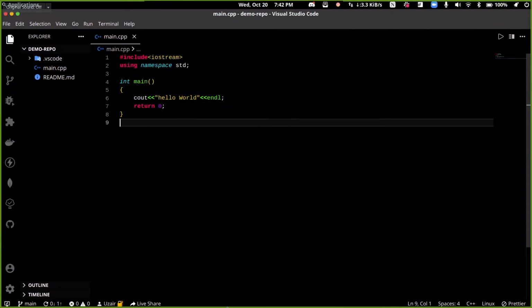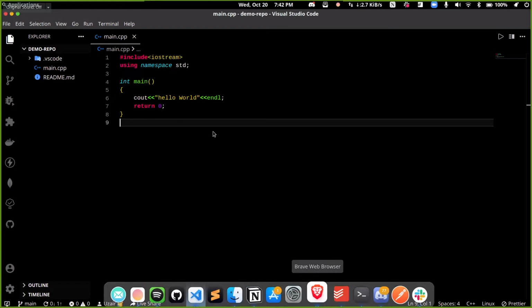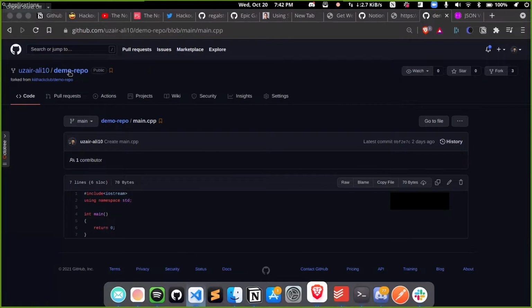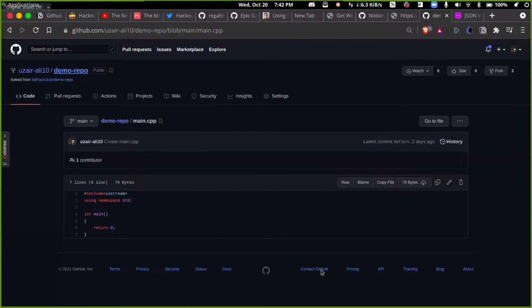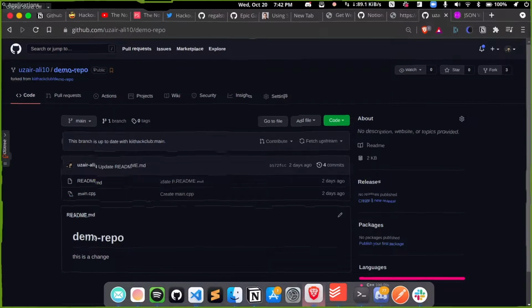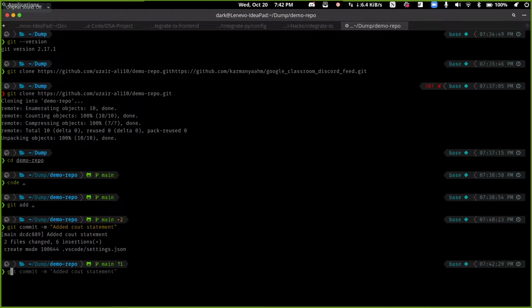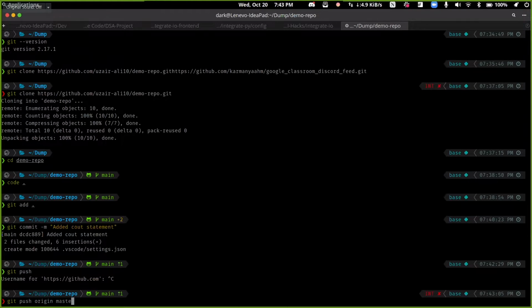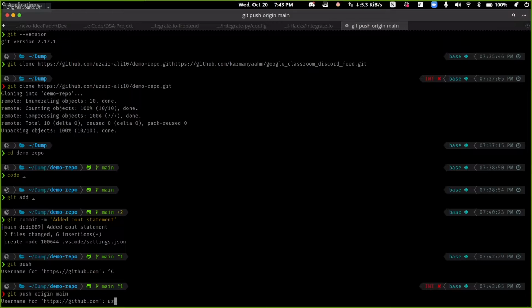Now I want to push those changes into the repository which is hosted on GitHub. So what you have to do is simply say git push origin main. Initially it will prompt for credentials.